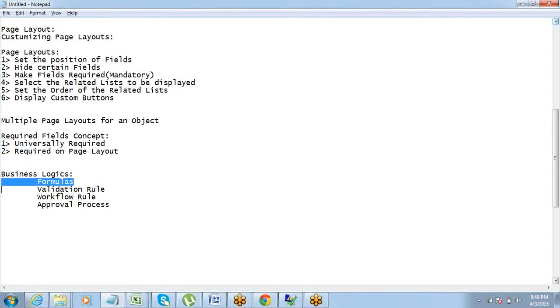First is formula, second is a validation rule, third is a workflow rule, fourth is an approval process. So these are four business logics which can be put on Salesforce, and using these you don't require any programming. You can just do it using the drag and drop options and declarative methods.